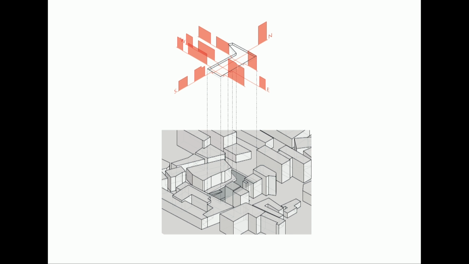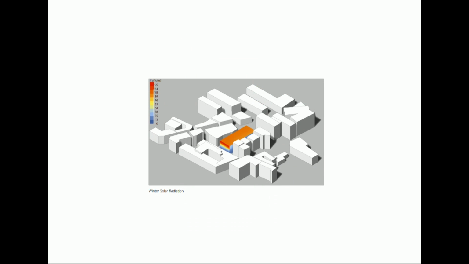Such a dense urban environment is mainly problematic for daylight. You can imagine, and as we have seen now, how buildings so close to our building constrain daylight and then solar access. So the first thing that I did was a solar simulation during winter to identify what areas a potential boxy building would enjoy with sunlight. Only the south facade enjoys a bit of sun, and the roof, which is not very useful.